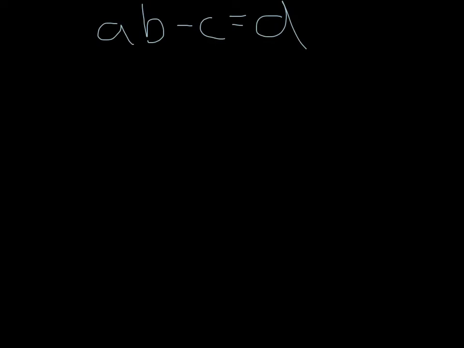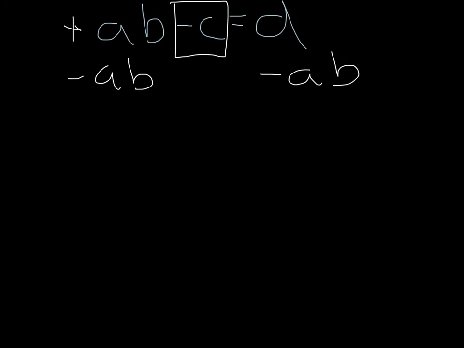Suppose I wanted to do the same equation, but this time I wanted to solve for the C. Now I have AB minus C. The AB is on the same side as the C, so I really want to get rid of that, and I need to realize that it's positive, even though there's a minus after it. So I'm going to subtract AB from both sides, so I get negative C equals